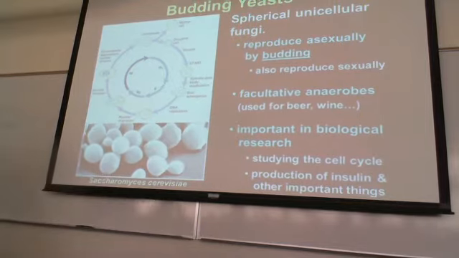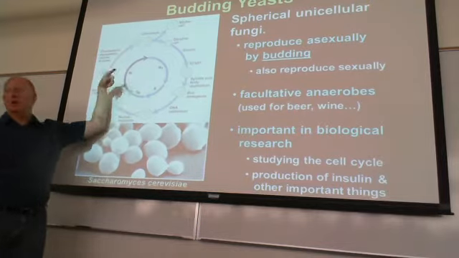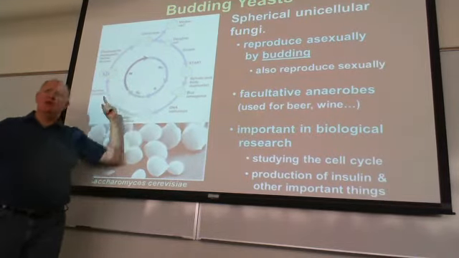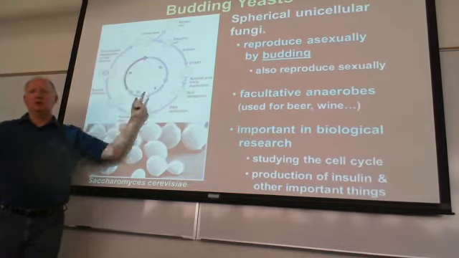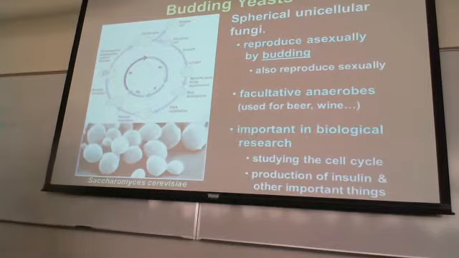And just one aspect in particular, the cell cycle. Here's an example. You've heard of the cell cycle before, right? G1, S, G2, M. This is incredibly relevant to humans, because our cells undergo the cell cycle too. They divide and go through mitosis and so forth. But they're only supposed to do it when they're supposed to. And when they do it when they're not supposed to, you know what you have? You have a tumor. And when tumor cells acquire extra characteristics and can leave the tumor and deposit elsewhere in the body, you have a malignant tumor, or something we call cancer, that I think is currently the number one killer,